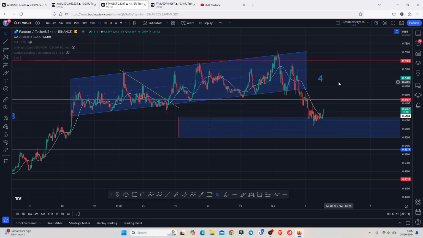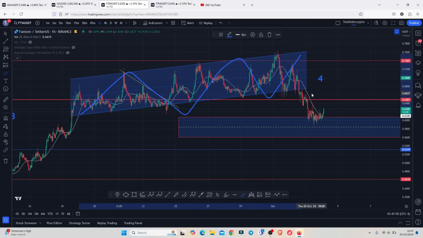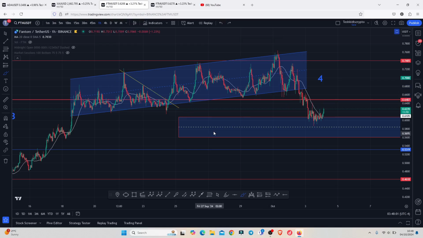Fantom has now given us a bit of a breakdown move after breaking out of this price channel to the lower side, and after losing a key area of support above the 0.6487, flipping it back into resistance, in a move that has now given us a breakdown into my minimum target area that I gave you in my previous video as the minimum pullback target area for this Elliot wave